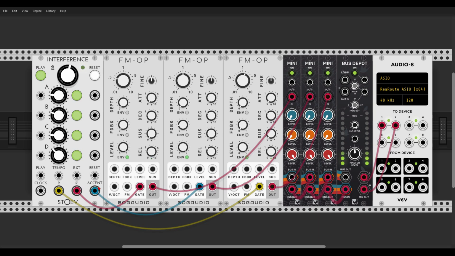Now, one more time. Very nice. Okay, so actually we have 8 different trigger outputs